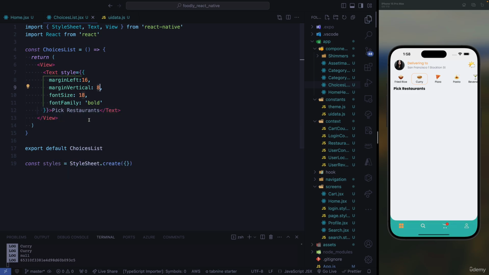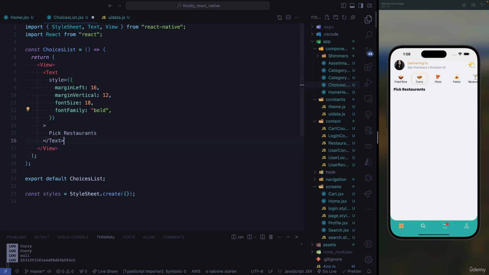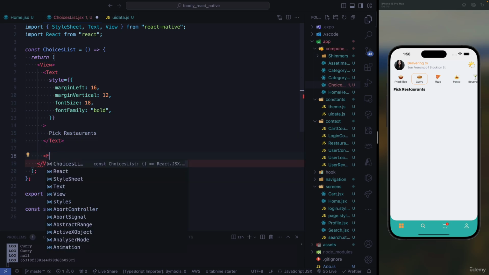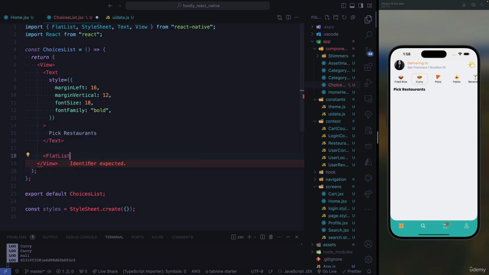Okay, let's make this 12, so that we can push it down a little bit. So right at the bottom, right after this text, let's just format this. After this text, what we need to do, we need to have a flat list. So first, we need to make sure that our flat list component has been imported on top right here, because we want to create a list, same as this one, but it's going to be a text list, no images